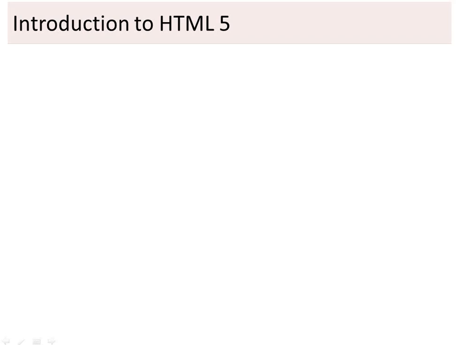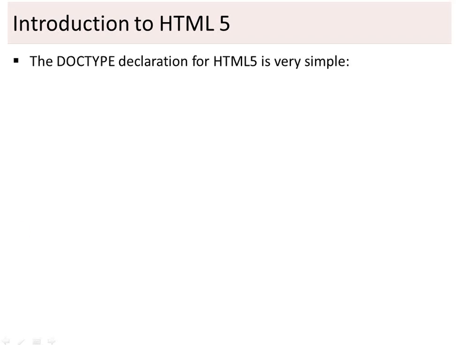Now how will your browser get to know whether you are using HTML5 or just traditional HTML? So the answer is the doctype declaration for HTML5. Doctype, just a single keyword, and your platform will be told that this is for HTML5. So what is the line format? This is the format of your first line in your HTML5 declaration.